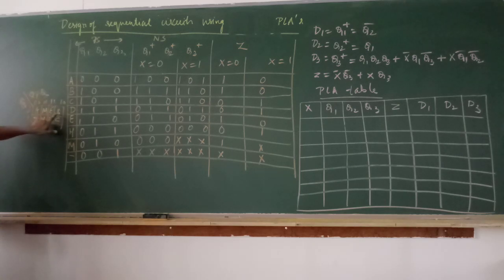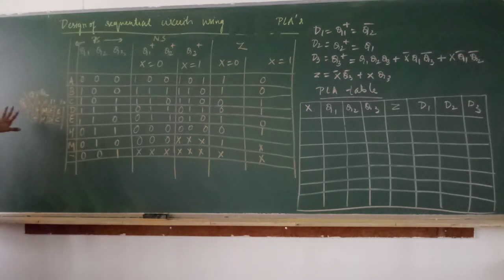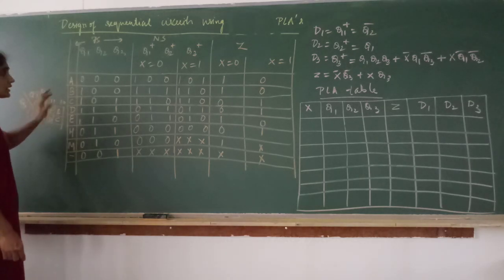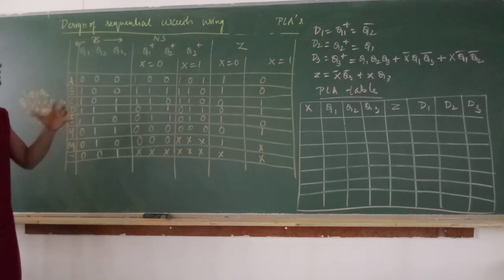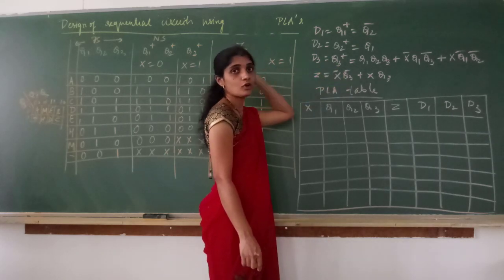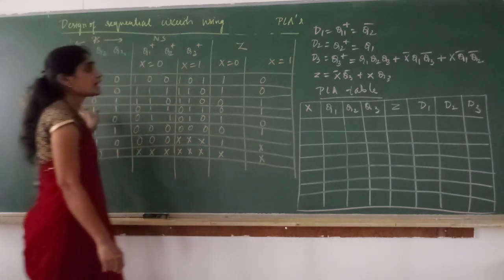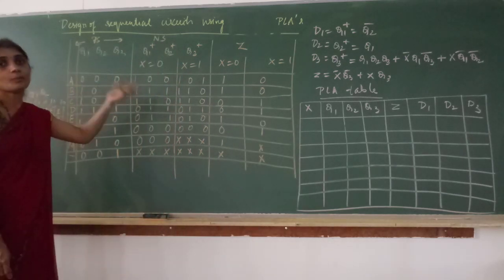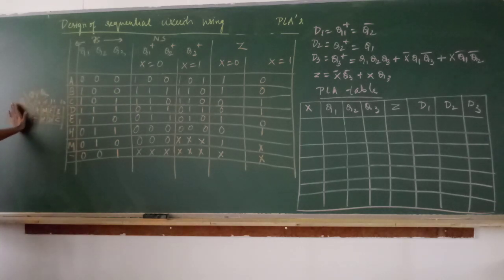B, C should be adjacent, H and M should be adjacent, E and D should be adjacent, A and B should be adjacent. So with the guidelines of state assignment, like that we have assigned. The same state assignment is taken here. The main reason is, if we go for straight binary assignment, we may end up with more product terms. See, this is the simplified equation we have got when we follow the guidelines of state assignment. But if you don't follow that, more product terms will lead to a complex PLA. So to avoid that, we have to go with the state assignment guidelines only.